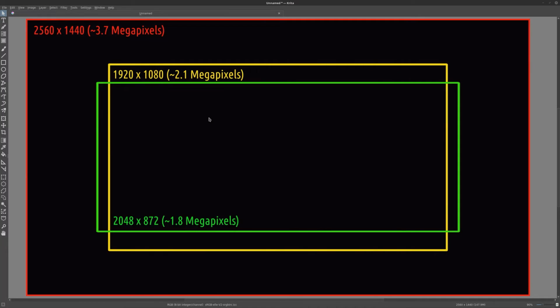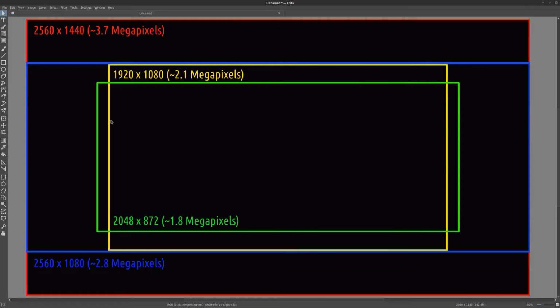So for this project, I wanted to go a bit bigger, but rather than going for the full 1440p experience, I figured I'd go for sort of an odd resolution, which is 2560 by 1080, which is slightly wider than 21:9, so slightly wider than a cinema format. But as you can see, that equates to about 2.8 megapixels. Now, that's almost a quarter less than the 1440p, which means I'm saving myself quite a bit of time rendering this larger format, but it still looks really nice because it's still fairly big. So that's just something to consider when you're doing projects.